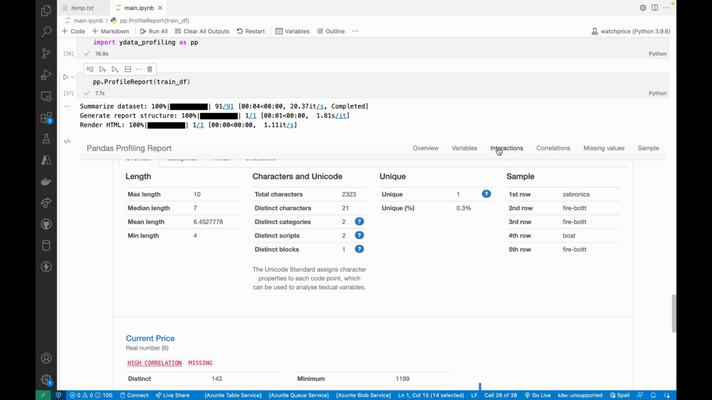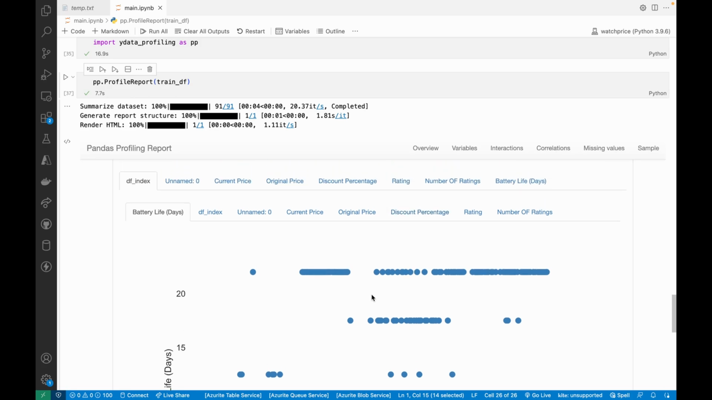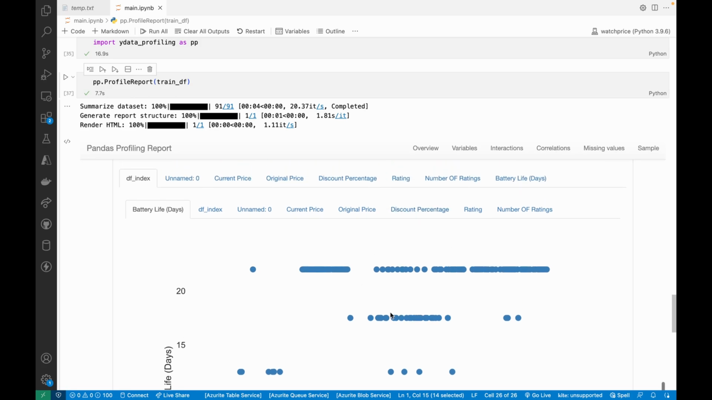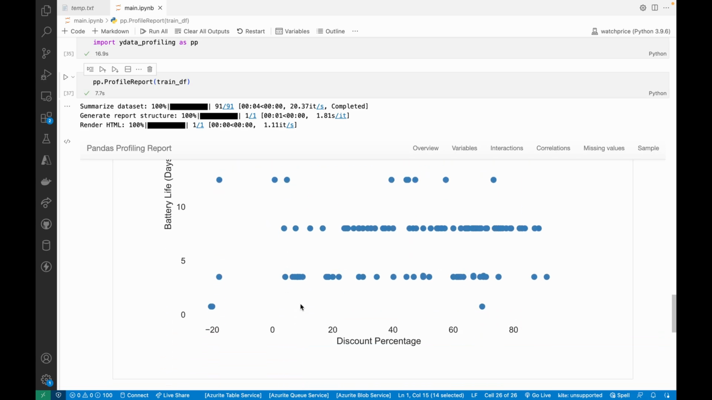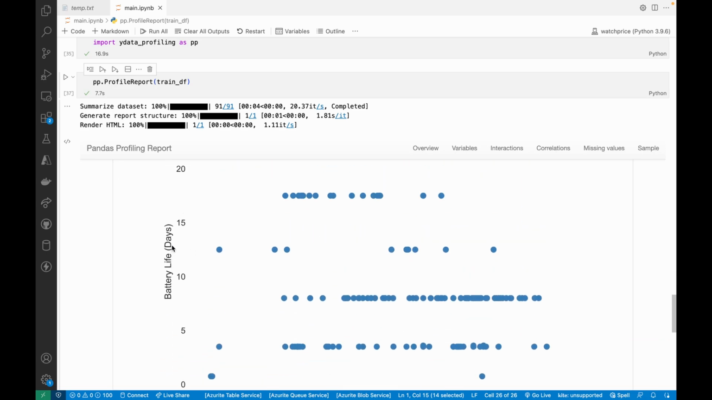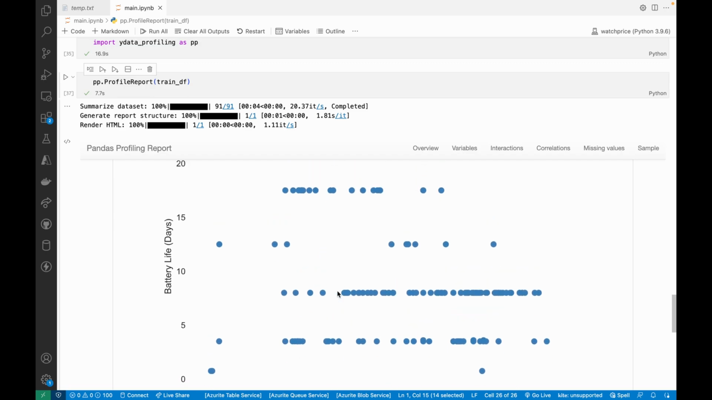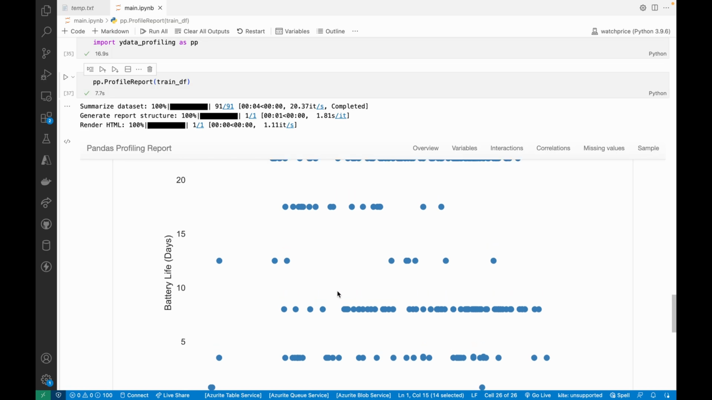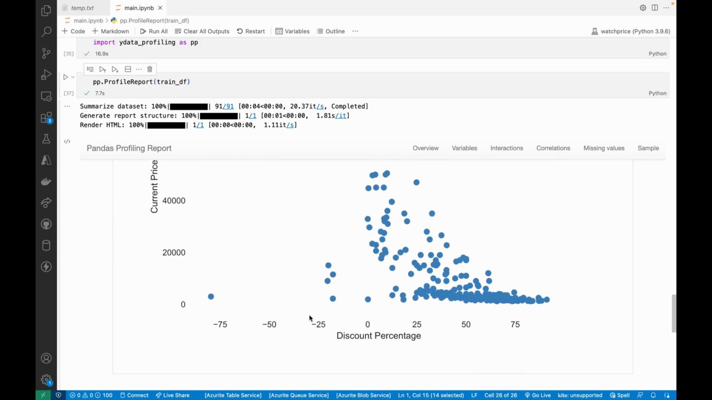Then if you go to this interaction part, this is one of the most important graphs you will find in this data profiling. Here you will take, say, battery life and say I want to see the discount relation. Is there any relation between the discount and this battery data? I don't think there is a relation, not in a way that some kind of functional relation is there. If I check discount and original discount, and I will say current price. See,